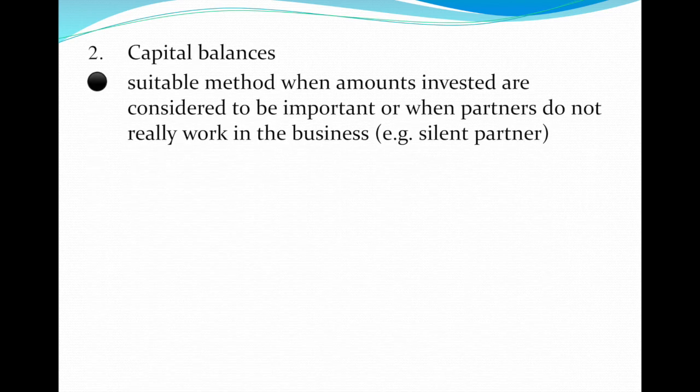Capital balances. So this is another type of income ratio. The first type was fixed ratio. We're into the second type now, which is capital balances. This is a suitable method when amounts invested are considered to be important or the partners do not really work in the business. So often, especially with investments, you see this a lot on Dragon's Den, if you've ever watched it. For those of you who haven't, what happens is someone who has a business idea,